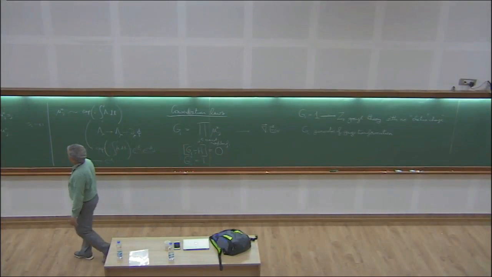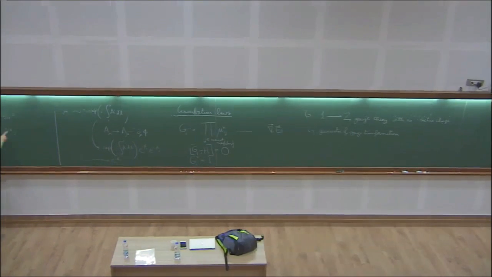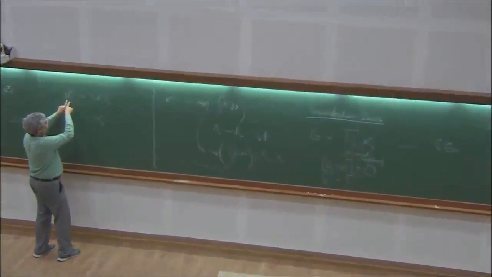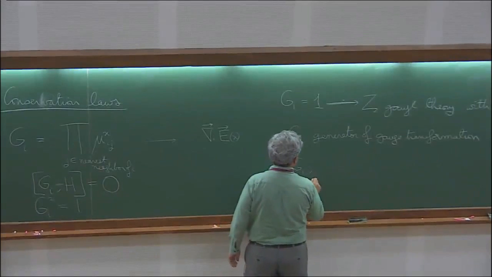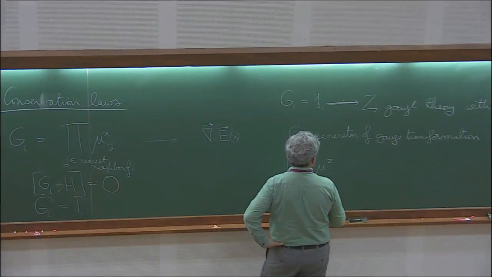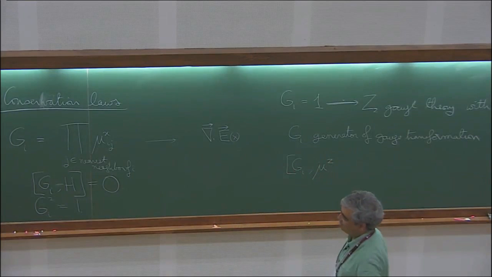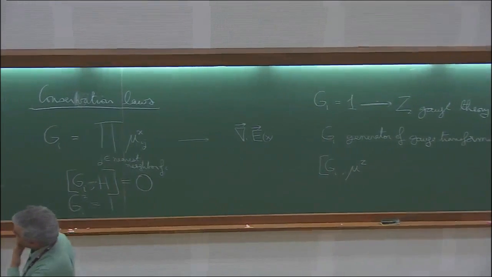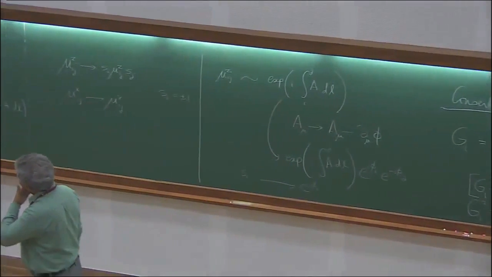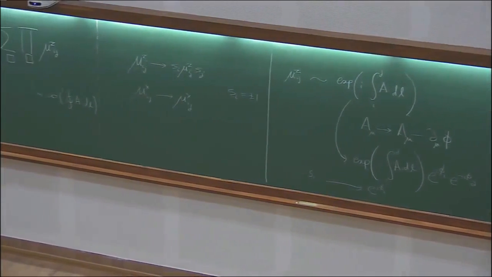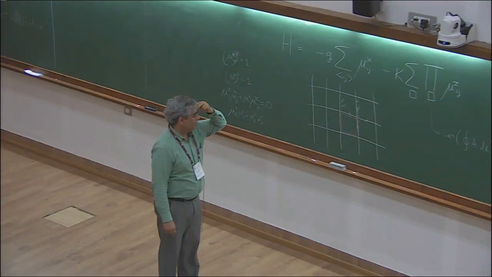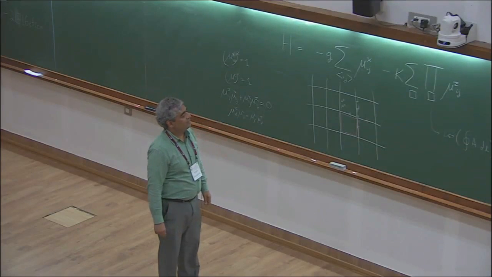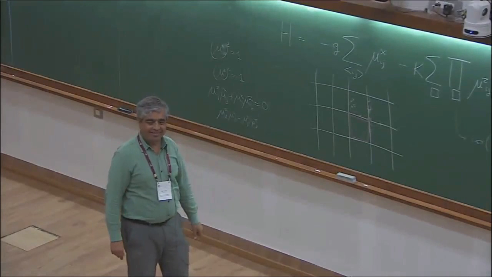First of all, GI commutes with all the mu x, no problem. And GI acting on mu z ij is the same. The commutator of GI with mu z, not commutator, I guess. I have to be a little careful. There are factors of pi over 2 and so on. It's not because if you compute mu z with mu x, you get a mu y. So you want to do something else. You want to do rotation about the x-axis, right?